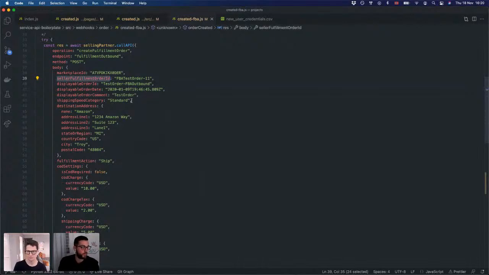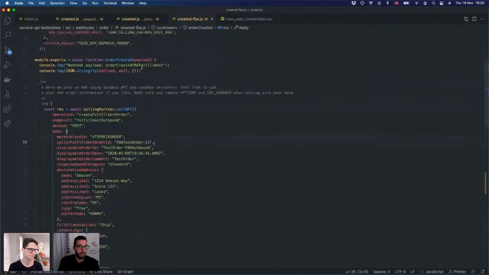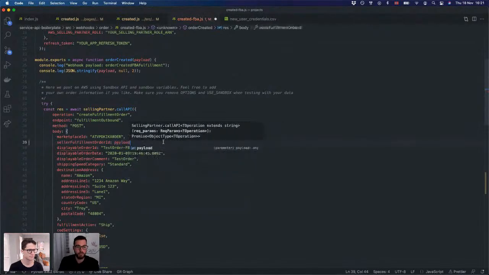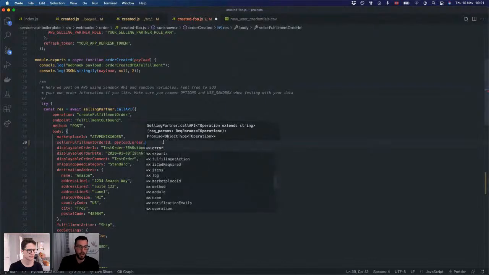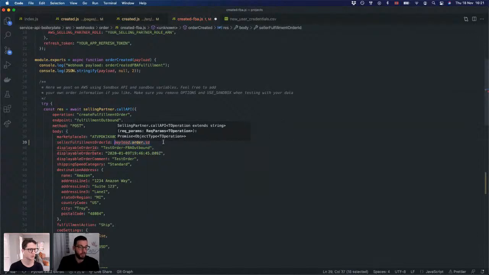That means, and this is pretty crucial and pretty cool here, that you can create an order in Amazon using the order ID from Crystallize. So if I had my payload here, instead of this guy, I could very simply do payload.order.id, something like this. That is the ID I get specifically from the order in Crystallize. The ID that you get might not be exactly what you write here because this is determined